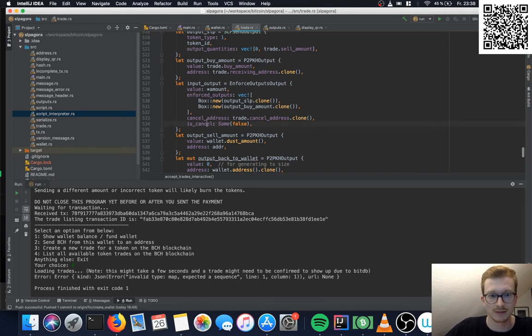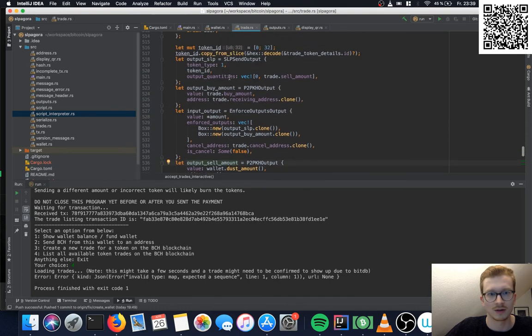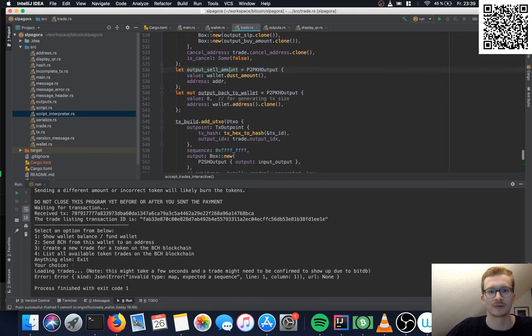After that, there's the output cell amount. This is the amount which will be sent to us.